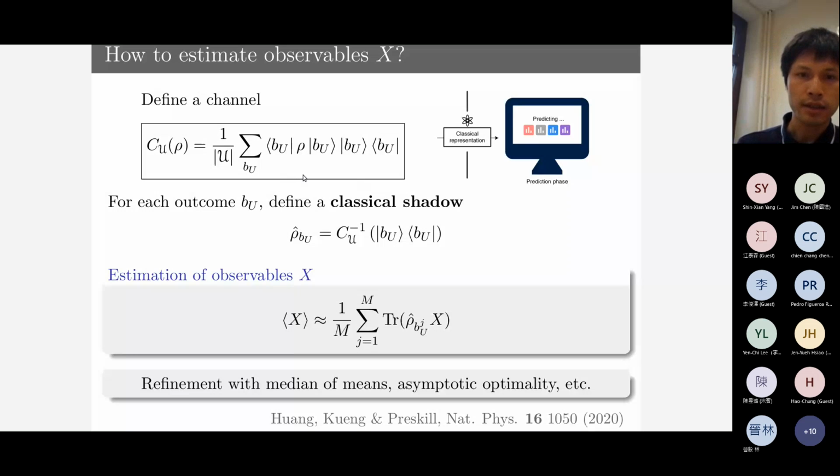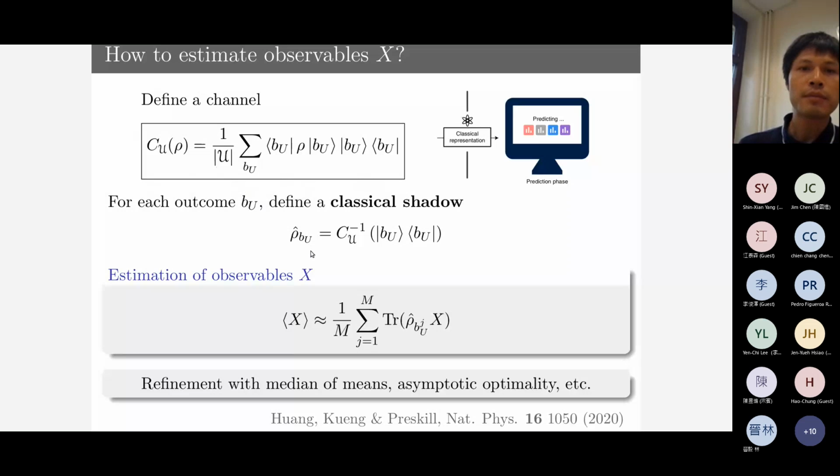So you have a channel like that, and for each outcome b-u from the data, you can associate a state by simply inverting this channel, assuming that it's invertible. Then you just have to invert it on this particular operator